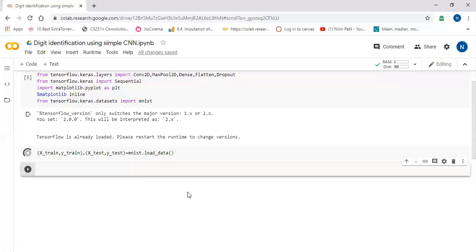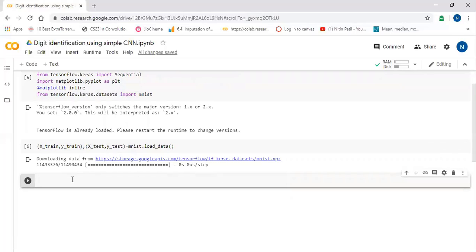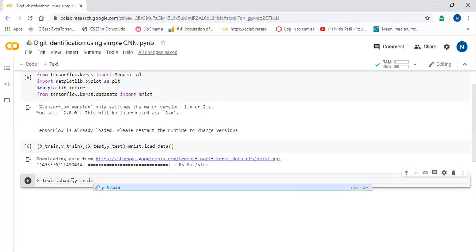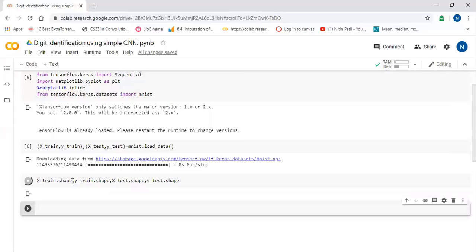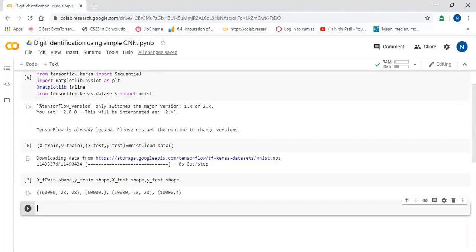Okay, so this way we will extract x and y columns. So this has been extracted successfully. We will say x_train.shape, y_train.shape. Same way we will see x_test.shape and y_test.shape. Okay, we have extracted these many images of the dimensions 28 by 28.